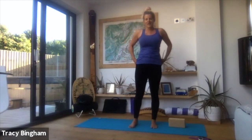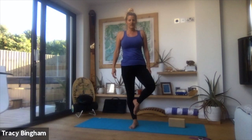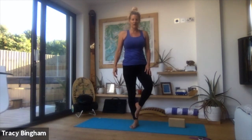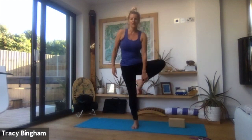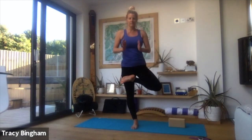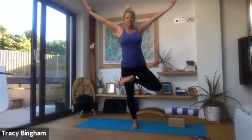And then whichever pose you were in, we'll move to the other side. So again, if you want to do tree, the only place you don't put your foot is on your knee. So either your ankle, your calf, your inner thigh, or the Bikram version where you're turned out on your thigh. Hands can be wherever you prefer. In prayer, in reverse prayer, elbow to elbow, being a tree,